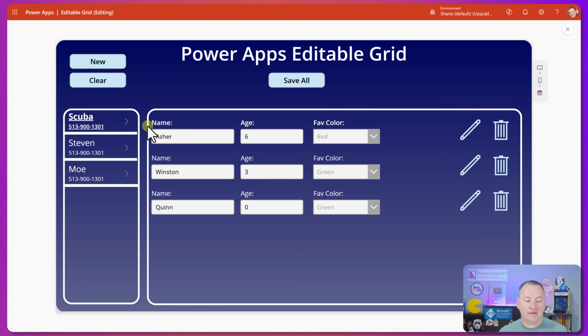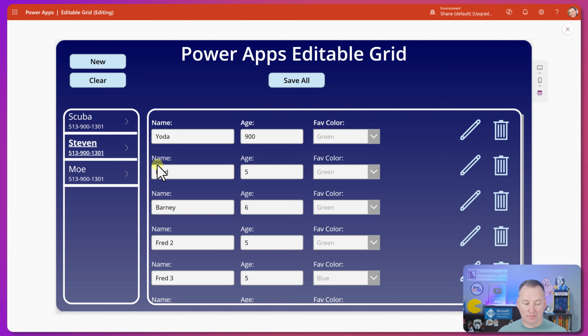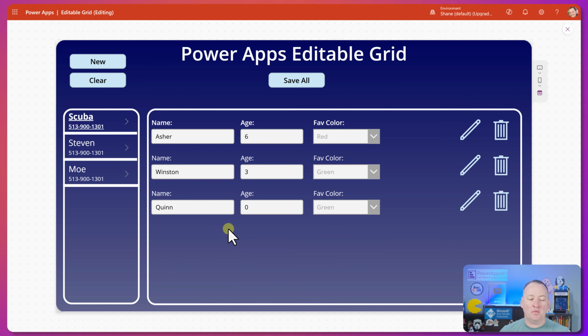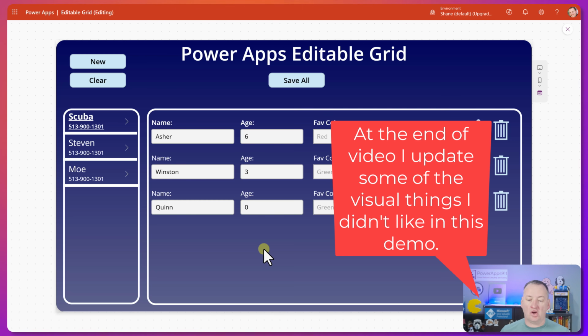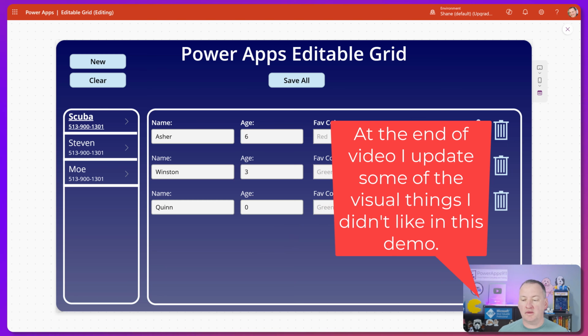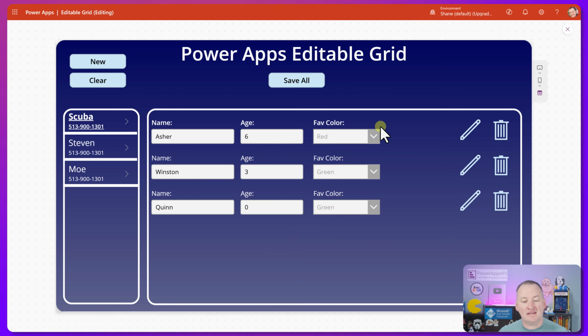source. So then next time if we click away, we'll go to Steven here, who apparently has lots of kids. I don't think that's true. But then if we go back to Scuba, we can see that data is now there because it's in the database correctly. So we're going to learn the mechanics of how this works. You can see things going on, like the different edit and save, and the delete. We notice right now that fave color is disabled because it's not in edit mode. So we want to make sure we understand how that works and